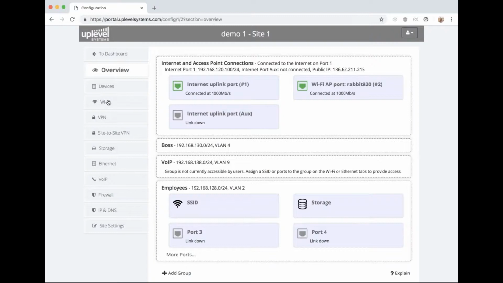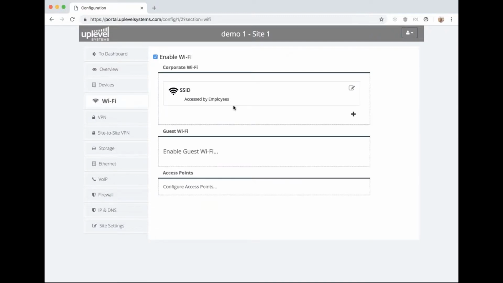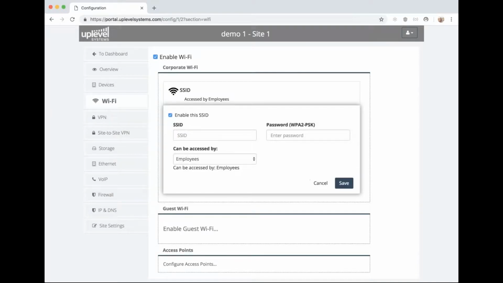If I go into the Wi-Fi tab on the left, I can then click this add button to create new SSIDs. So that means all of the SSIDs will broadcast on that one access point that's plugged in. You'll notice I already have an SSID up here called SSID, but I will go ahead and create a new Wi-Fi over here with a password there. And then I can also associate it with a security group. So I can select from this drop-down menu